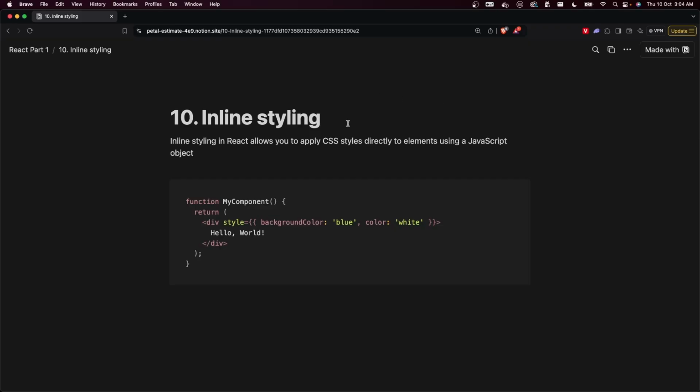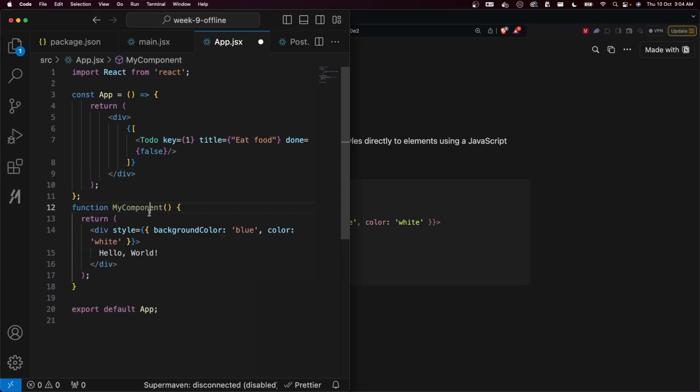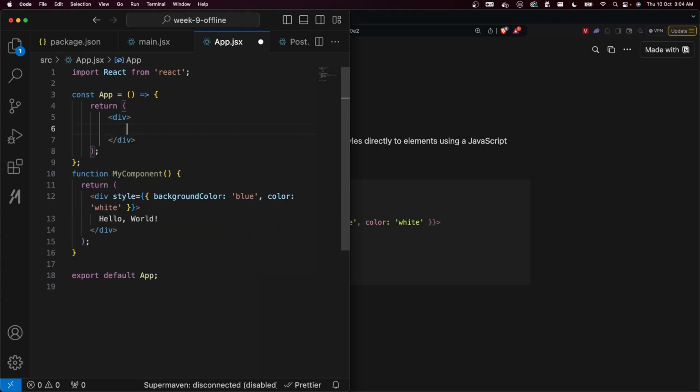All right, we've already done this many times. Hopefully you already know this by now. If you want to give inline styles to a div, what do I mean when I say inline styles? कि जहाँ पे div defined है, right next to it you give it the styles, then you give it in an object that is passed inside the curly braces. So if I copy this, open Visual Studio Code, and let's say replace to do with my component and render my component over here, then